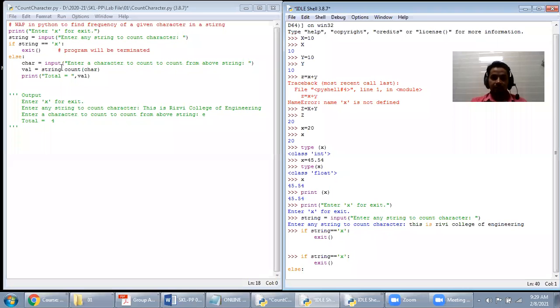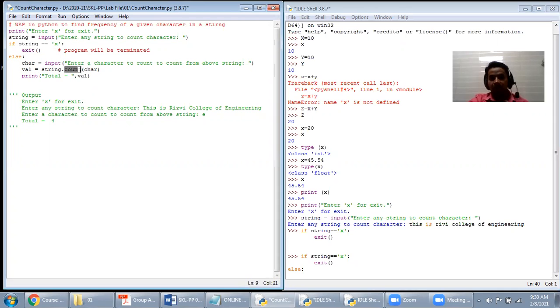The way of accepting the input is the same, input. We want to display to the user: enter a character to count from the above string, and it will be stored into the char, right? And after that, value. Now we want to store the count. For that purpose, the count method is already available, belonging to the string.